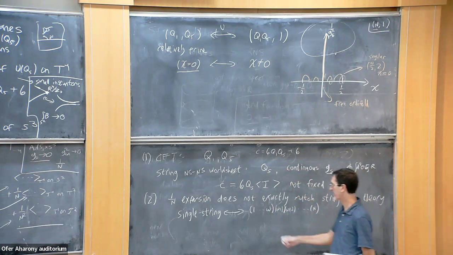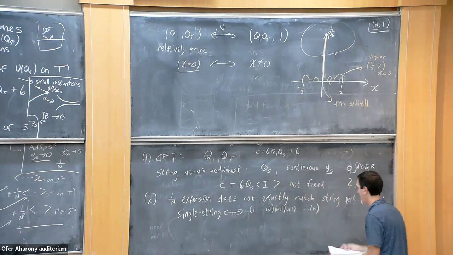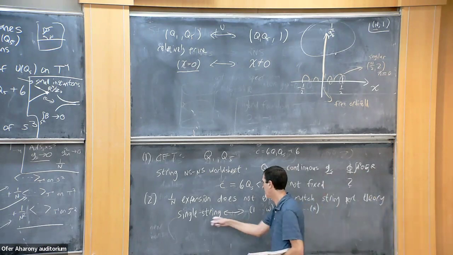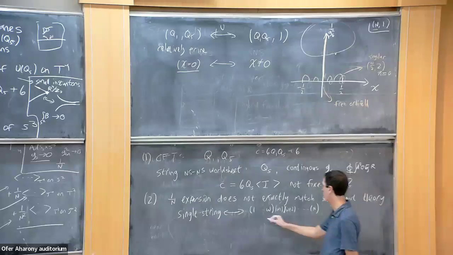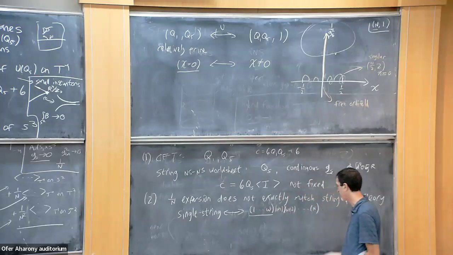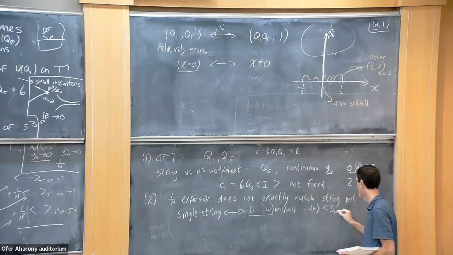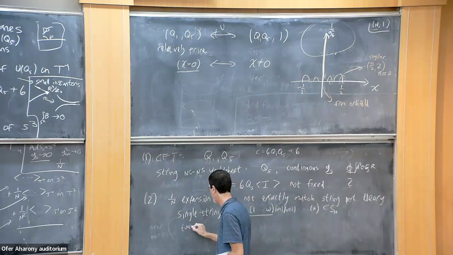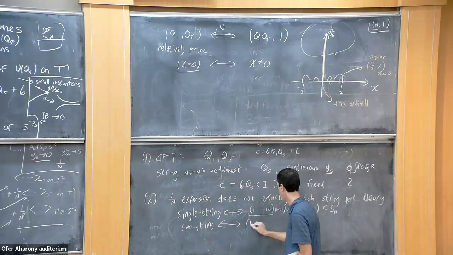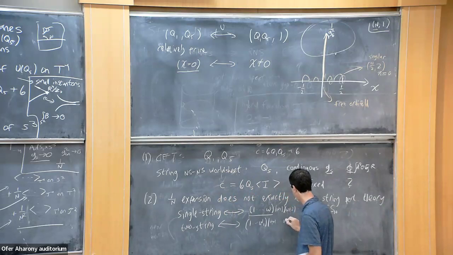And the other mismatch is that if we go into more details, which again I won't have time to discuss here in detail, single string states map in this mapping to the symmetric orbifold to twist operators by single permutations inside this SN group that we're dividing by. And for instance, if we have a state with two strings here, then that would map to a twist operator by two permutations, say 1 up to W1 are permuted, and then W1 plus 1 up to W1 plus W2 are permuted, and the other